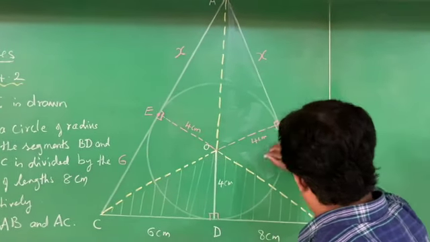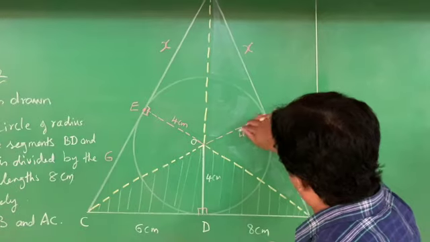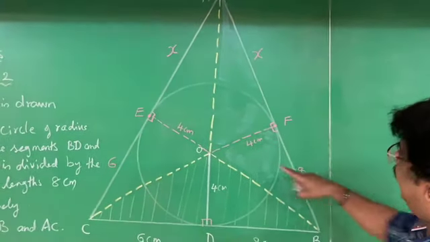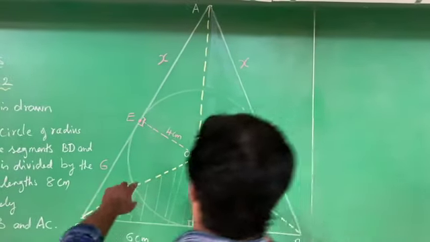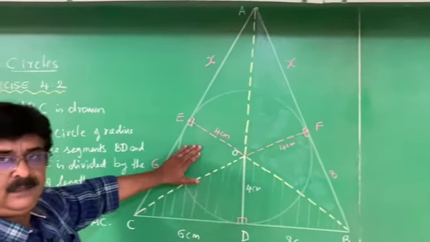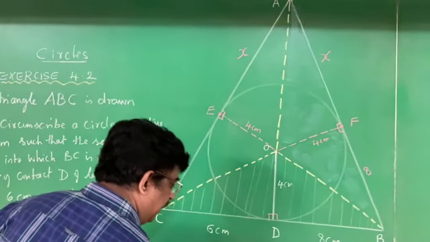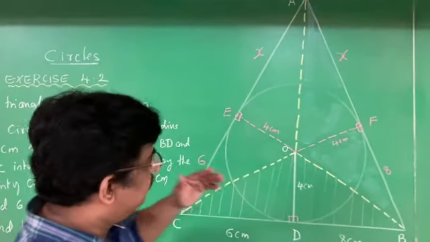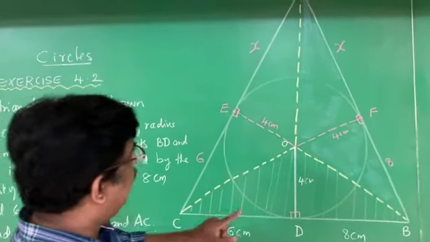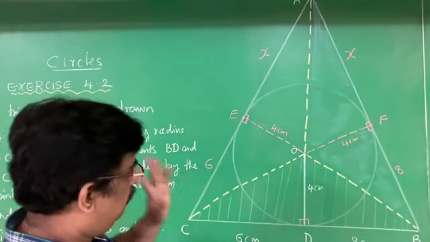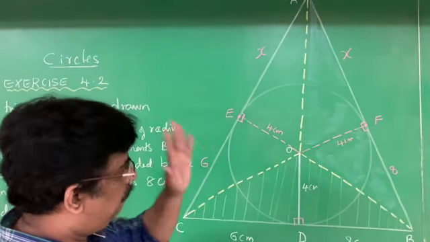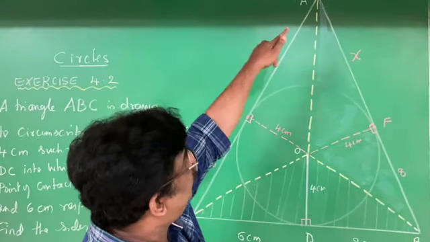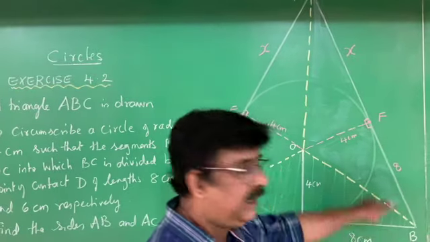See, this is another triangle, and the area of this triangle is calculated as half into base into height. Then the third triangle is this one. Now, how many triangles are there? The total area of the triangle ABC is nothing but the area of the 3 triangles, that is AOC plus BOC plus AOB. These 3 triangles are added to get the whole area of the triangle ABC.